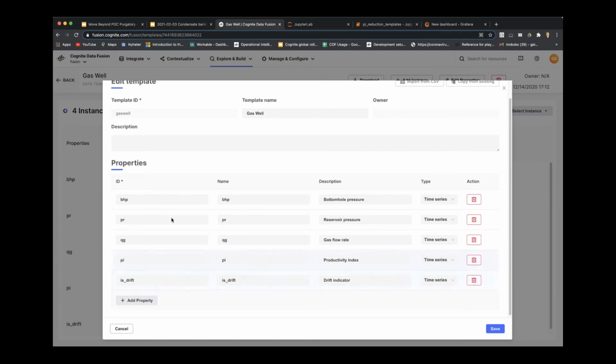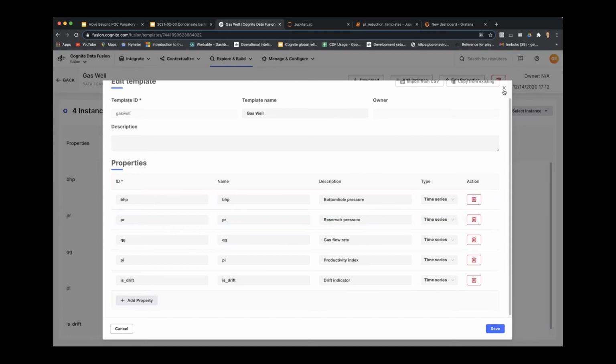And here are the properties that I expect each gas well to have. So I want the bottom hole pressure, I want the gas flow rate, productivity index, etc. And I can set what kind of data type this is. So for all of these, I expect time series, because this is live data. It's coming from some sort of historian or control system, and it continuously flows in. So time series is the appropriate type here.